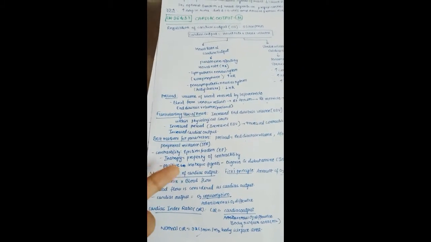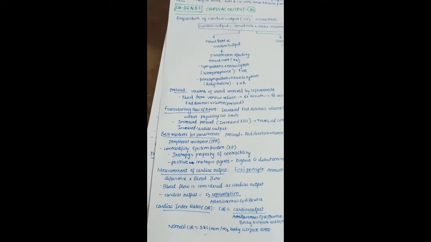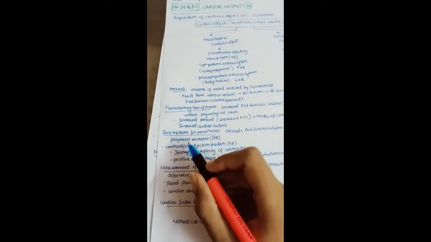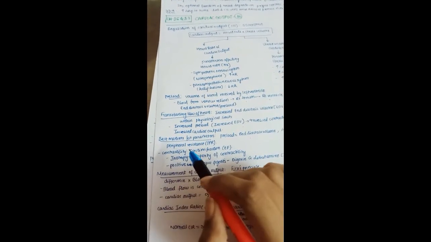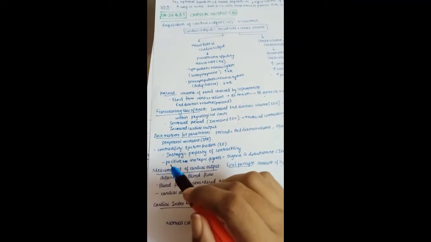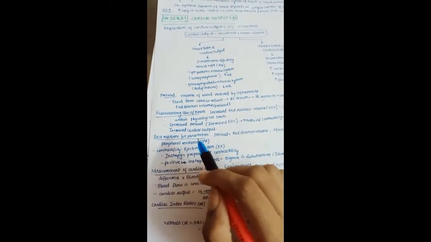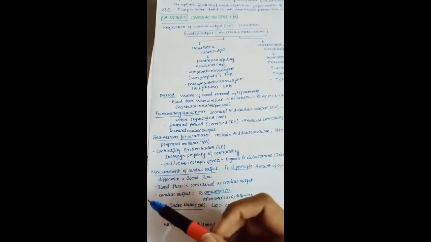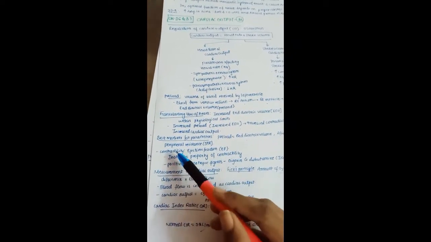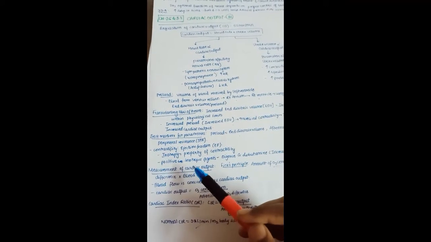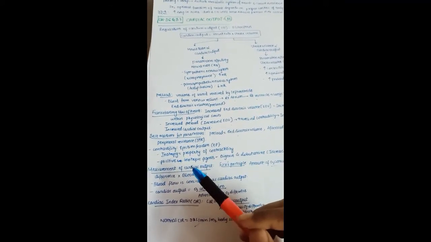And inotropy. Actually, before discussing inotropy, we need to see one contractility-related pathology. Whenever there is a decrease in contractility, it leads to heart failure. Heart failure means there is a decrease in contraction. So what is inotropy? Inotropy means the property of contractility. So in heart failure patients, we give positive inotropic agents because contractility is already low in those patients.